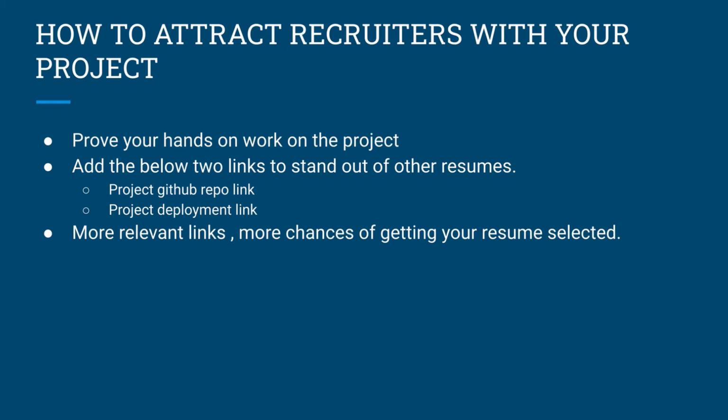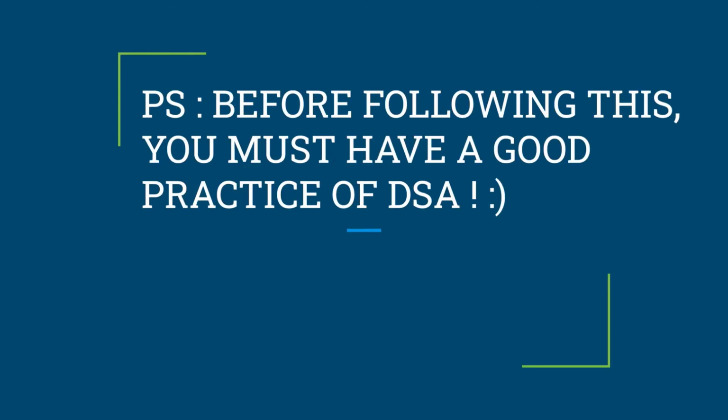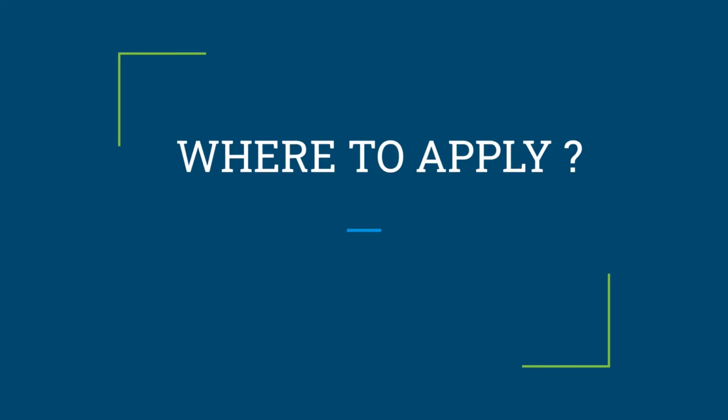Apart from this, college CGPA and all those things add 2 to 3% of extra help. If you have a good CGPA, then that can also help. But this project thing you should follow. Next thing is that obviously if you are applying, you should have a good knowledge of data structures and algorithms also, because 80 to 90% of companies for a fresher will obviously focus on data structures and algorithms. And in the coding round or the interviews, somewhere you'll always be asked data structures. So you can do a parallel thing of updating your resume, your tech stack, as well as your data structures.